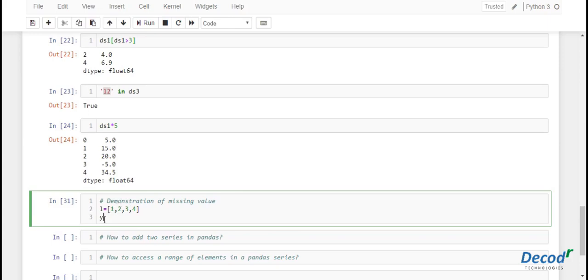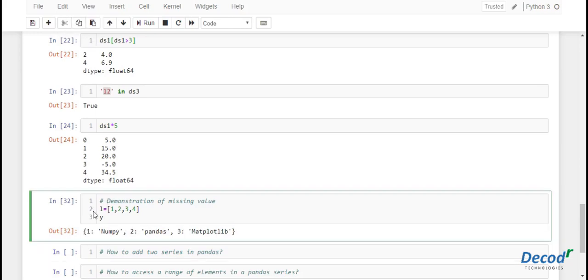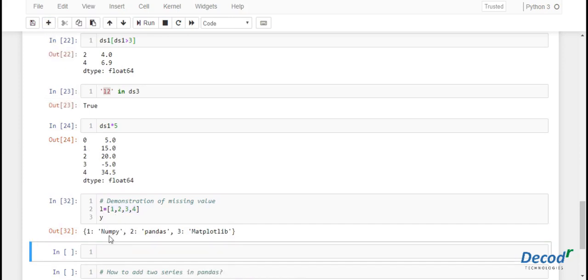So let's print the dictionary Y. It has 3 elements and we are passing 4 indices in pandas series. So let's type ds4 is equal to pd.Series of y with index is equal to L.